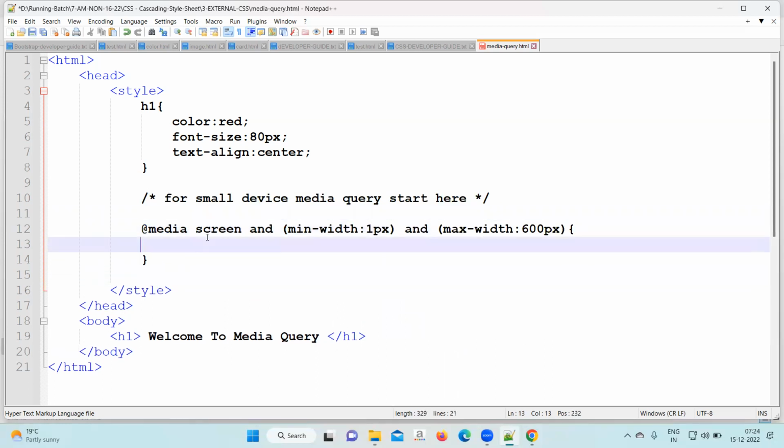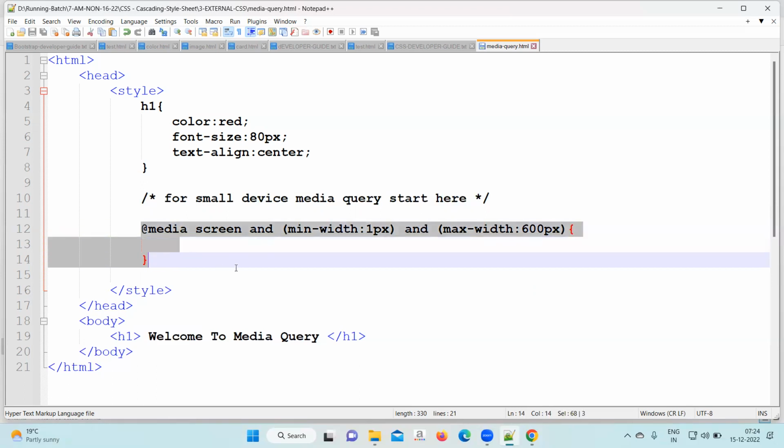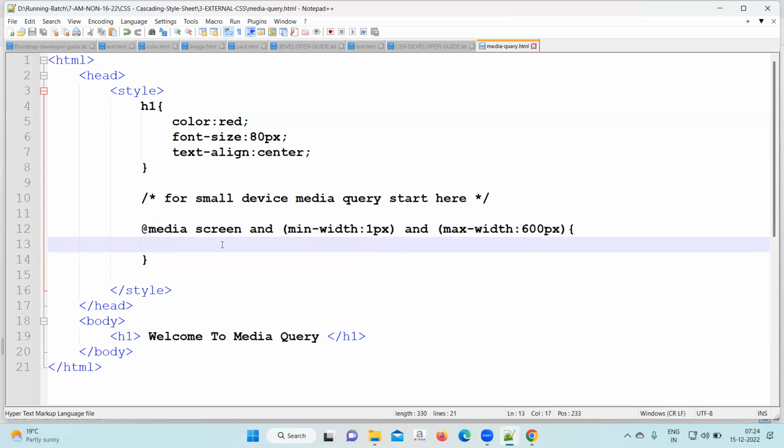If the user computer's window size is between 1 pixel and 600 pixel, then this condition will be satisfied. We have not written an exact number, we have written a range between 1 pixel and 600 pixel. You can say it will be a mobile phone. So if the screen size matches this range, then for the h1 tag,